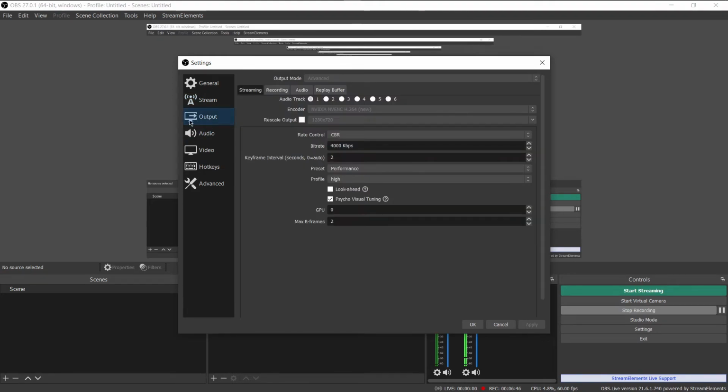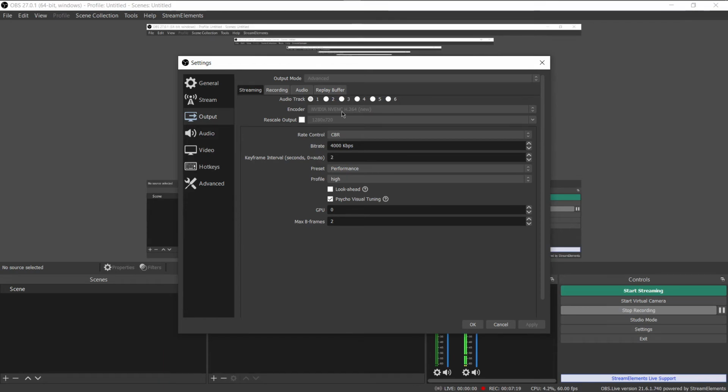The settings are these. In the output, by default the output mode will be simple. So click on here and put it to advanced, and then in the streaming, here is the encoder. So from here you select the drop down and select this NVIDIA NVENC H.264 new. Select that one. If you don't have that one, then maybe you do not have an NVIDIA graphics card, or you do not have a dedicated graphics card.